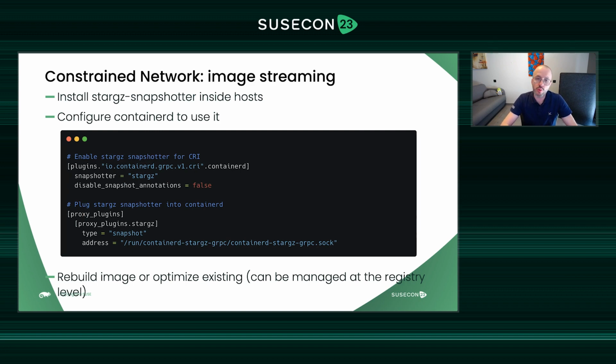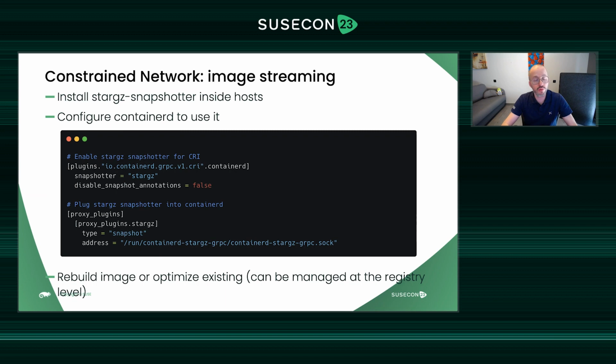Once you have configured containerd, that's not the end, because you also need to prepare your images. If you take legacy images coming from a classic registry, you will get no benefit from this external snapshotter, because you need to prepare the image to work with the Stargz snapshotter.